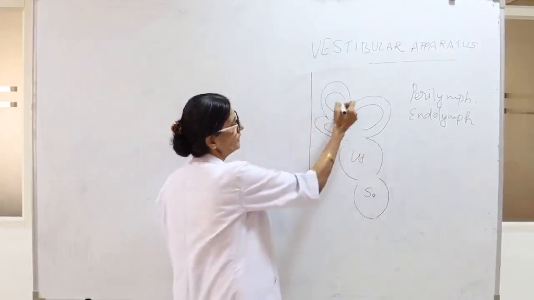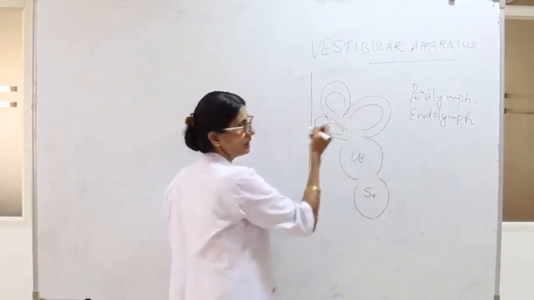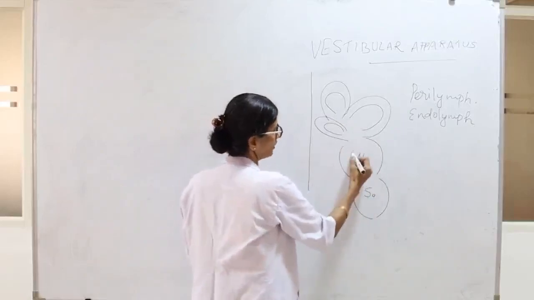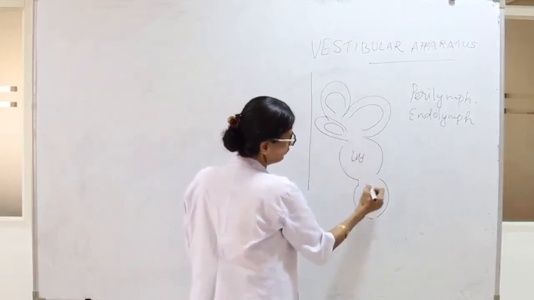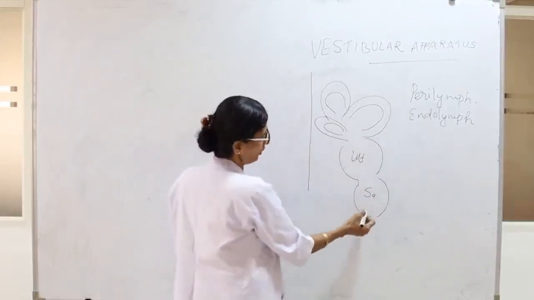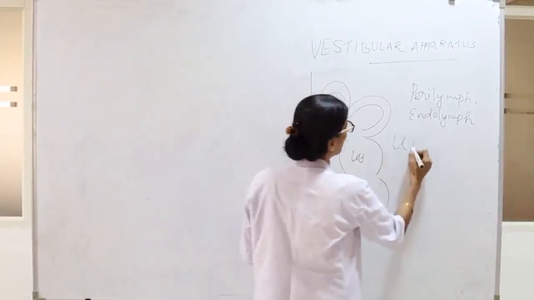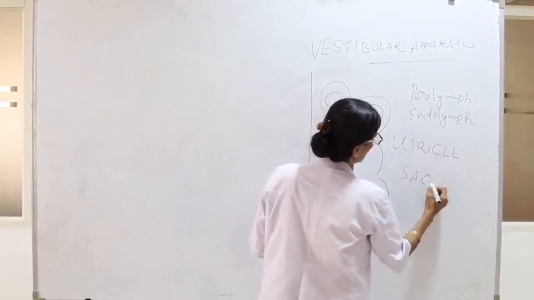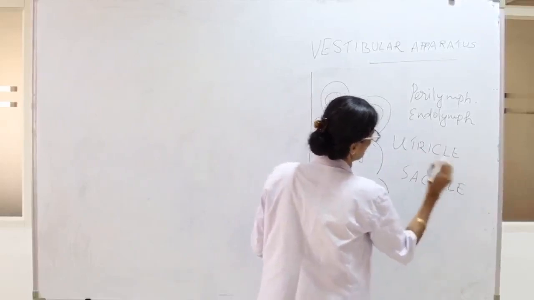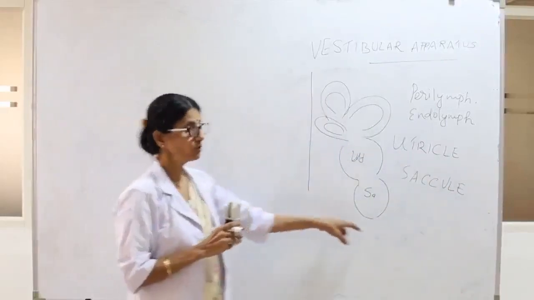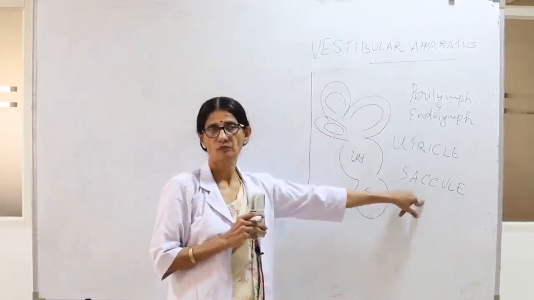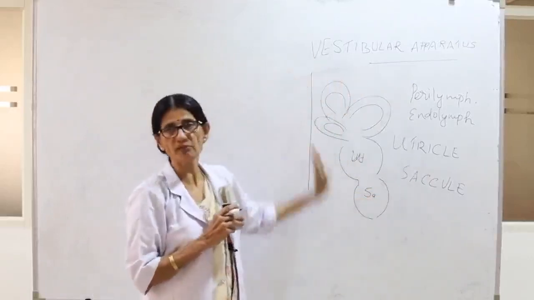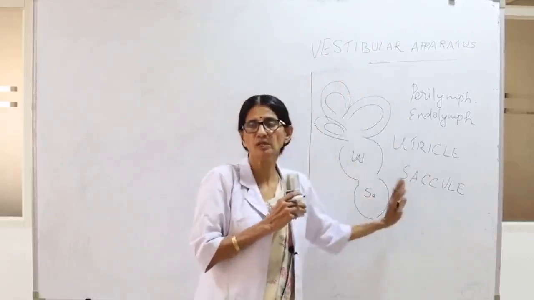Now, these three semicircular canals we'll learn in detail, which open into a sac-like structure commonly called a utricle, and in turn the utricle will be opening into another sac-like structure which is called the saccule. So we have the utricle and we have the saccule. This saccule will be continuous with which structure? Cochlea. So now we say there are two divisions functionally for the structures that are seated